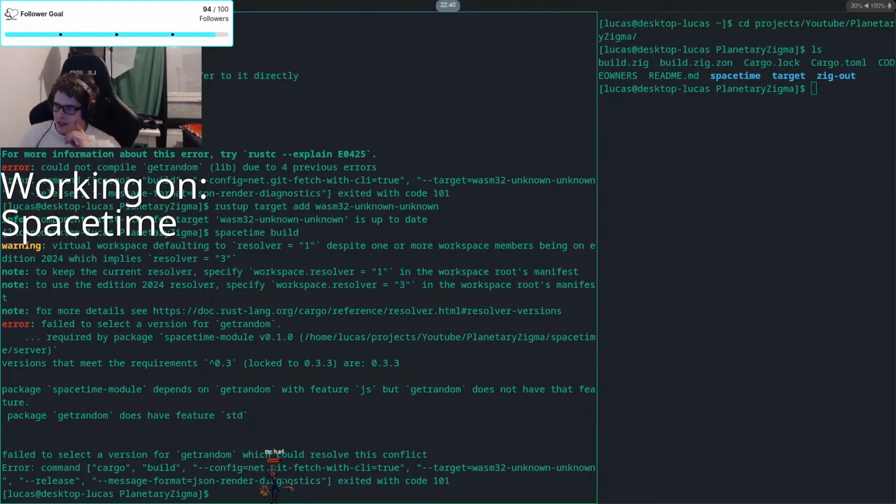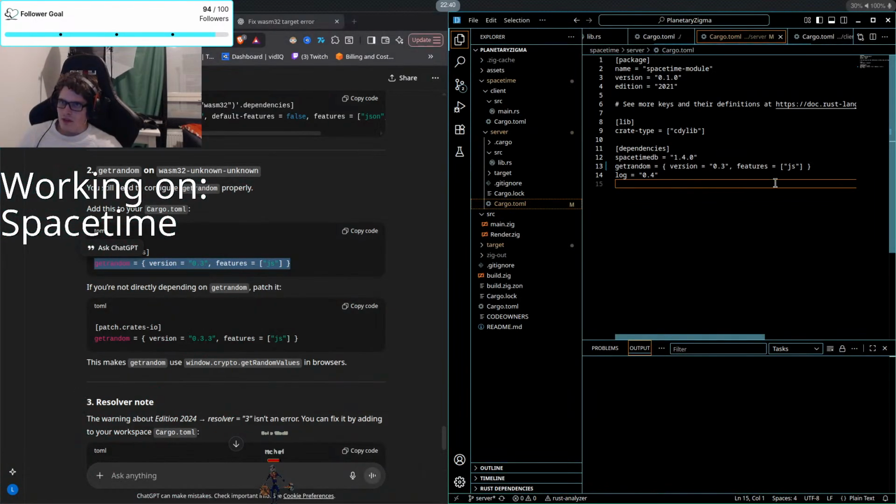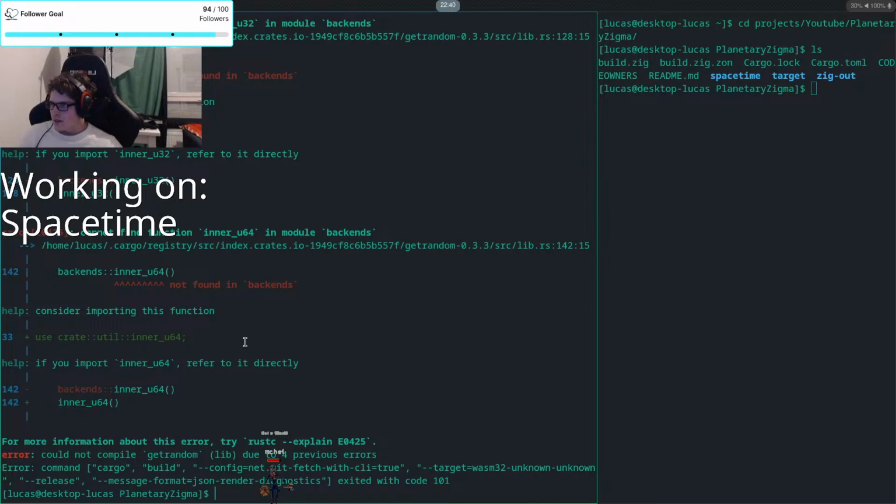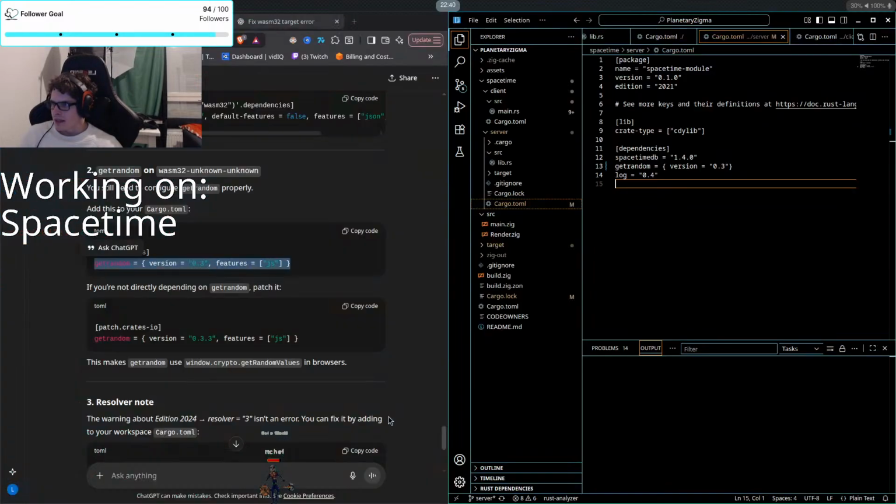SpacetimeDB depends on getrandom with a feature. getrandom does not have that feature. No, I don't even want something like that. But then I'm stuck back at this.